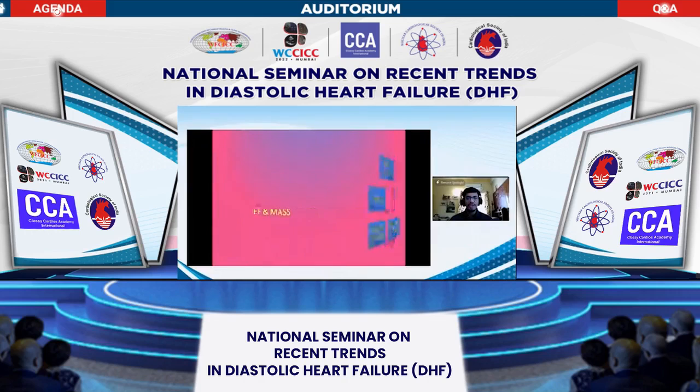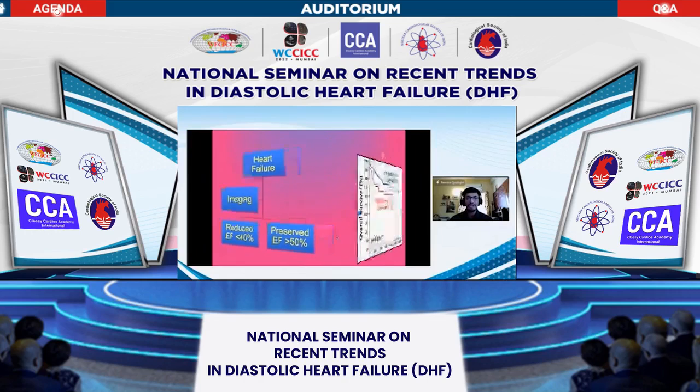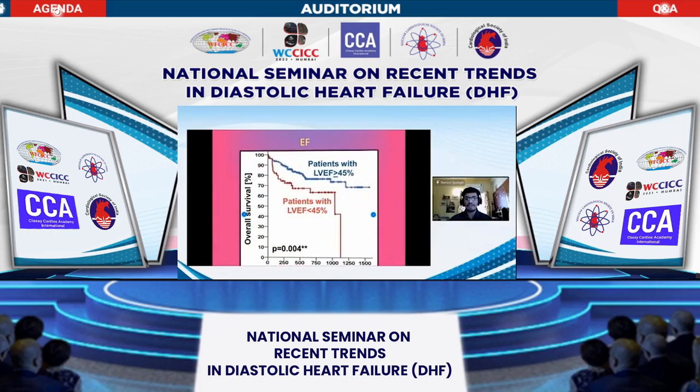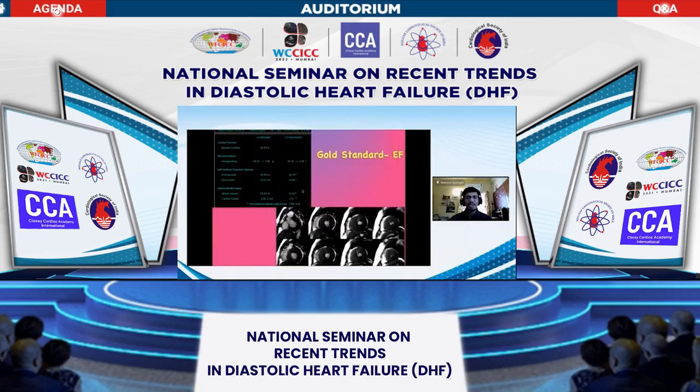The first one, obviously, is ejection fraction, and we know that the whole problem of HFpEF is to prove that the ejection fraction is more than 50, and we also know that the prognosis is sufficiently different if you cross over 5 years. And we also know that MR is clearly the gold standard. You can see these beautiful images from an obese gentleman getting you the ejection fraction, the mass, the diastolic volume,